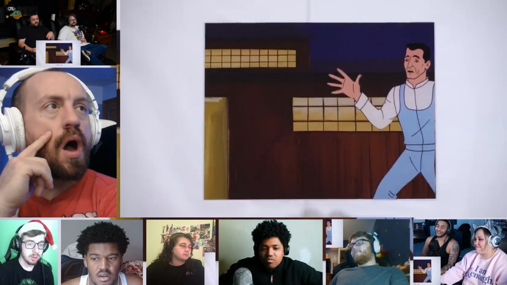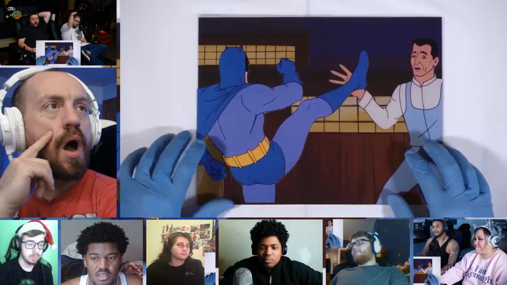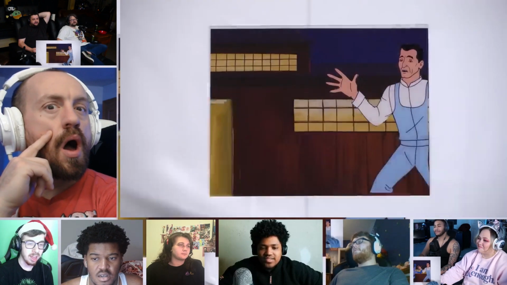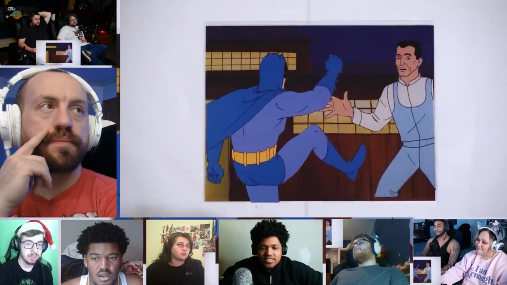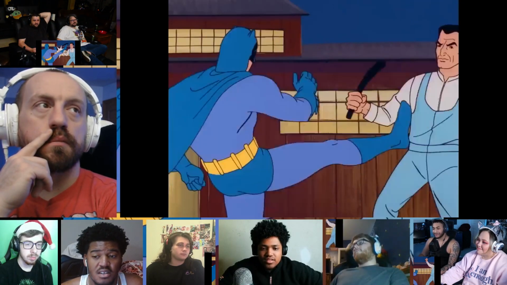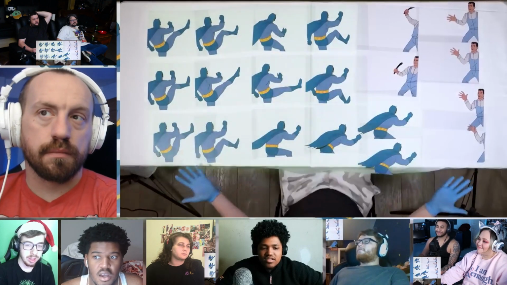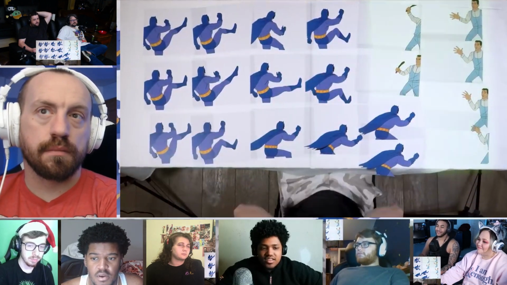Then the Batman cell would come off and be replaced by a whole new hand-painted cell of Batman, and then that frame would be captured, and then the whole process would repeat again and again until the shot was done. Yeah. This one shot that lasted a little over a second used 14 different hand-painted drawings of Batman, and the goon had 6, just for a second.